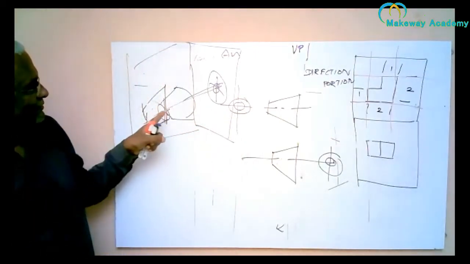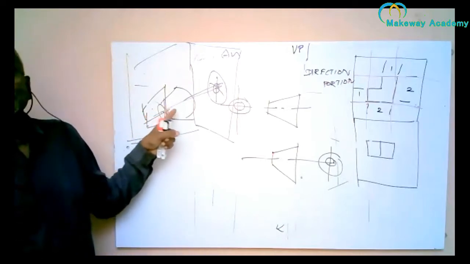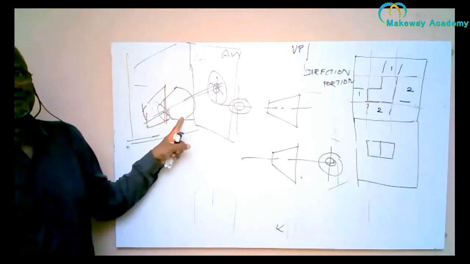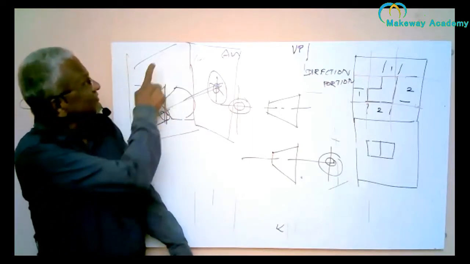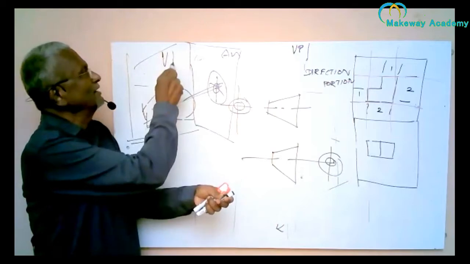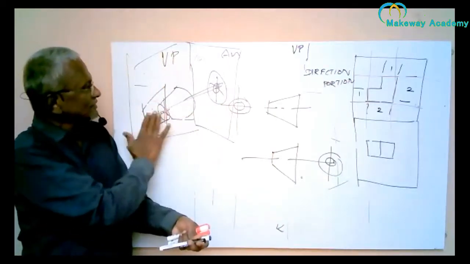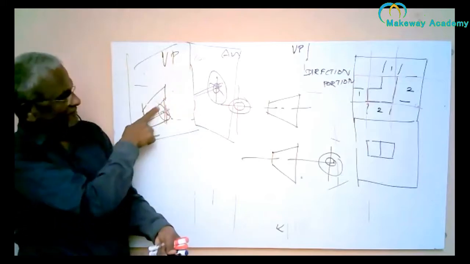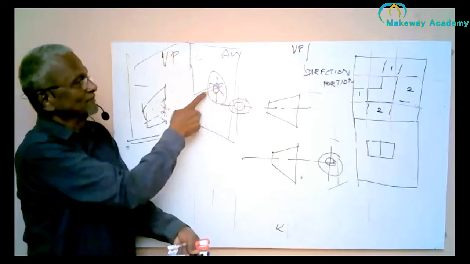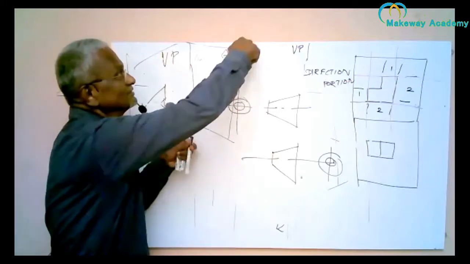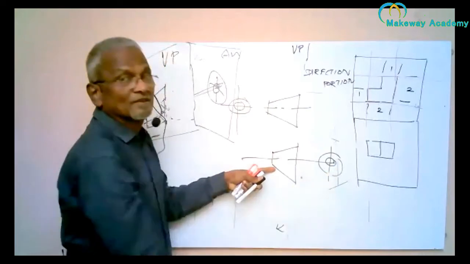So here, the symbol is evolved from this truncated cone, tapered surface. This is the truncated cone. This is the vertical plane. This is the auxiliary vertical plane. So you project, and this is the projection of the truncated cone. This is the front view. This is the side view. After projection, the auxiliary vertical plane is rotated that side. So this is the side view.